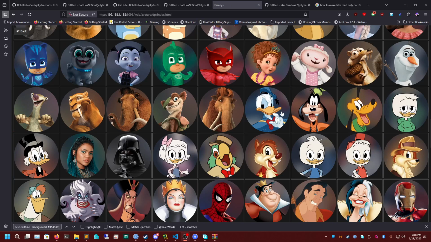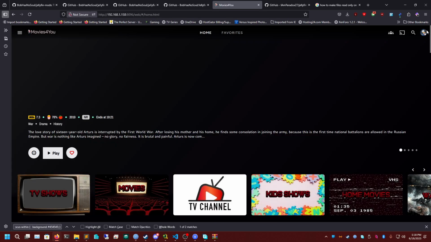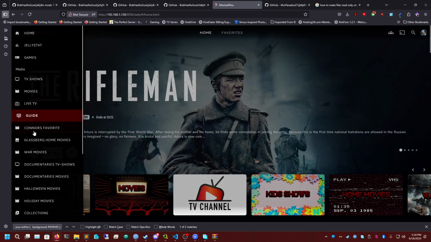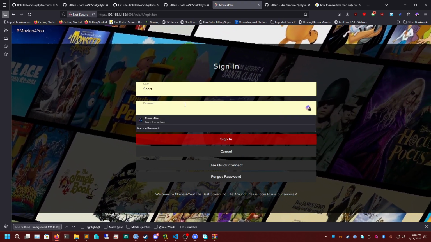Okay, I picked a different user. I'm just going to change this one. So I click on that. I want Donald Duck. This user image is uploaded successfully. Do you want to go back to your home page? Click OK. As you can see, now it's Donald Duck. And if I sign out, I'll see Donald Duck. If I want to sign in,